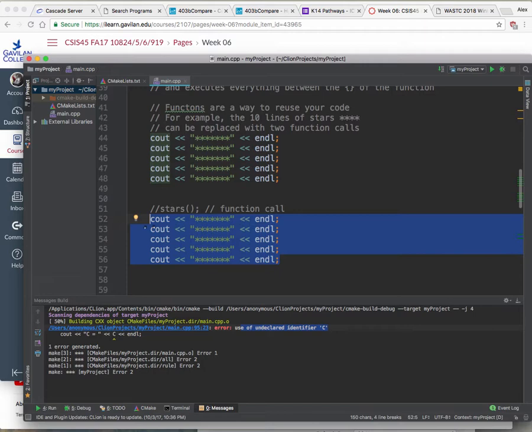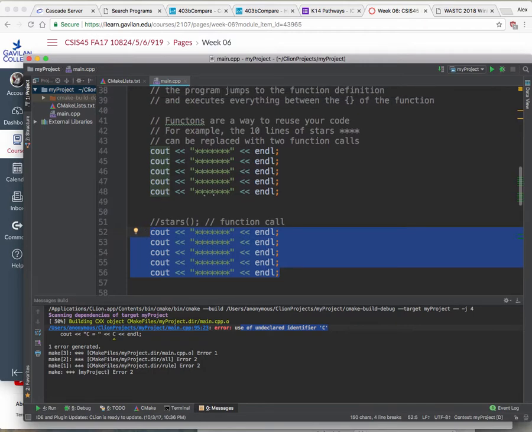So how are you going to do that? Well, you're going to define a function. And in that function, you're going to put these lines of code that you're trying to reuse, and then every time you try to use them, you're going to call that function. So the way you do that is,